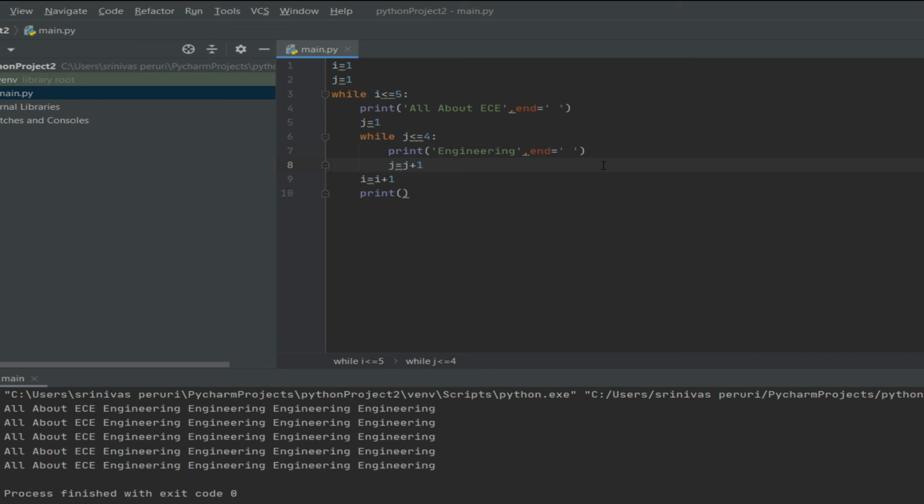The value of j is already 5 when i is equals to 1, so you will get "engineering" appended 4 times only for the first line. But I don't want that. I want to repeat the same thing for each and every line. So I need to reset the value j equals to 1 for every outer loop iteration.